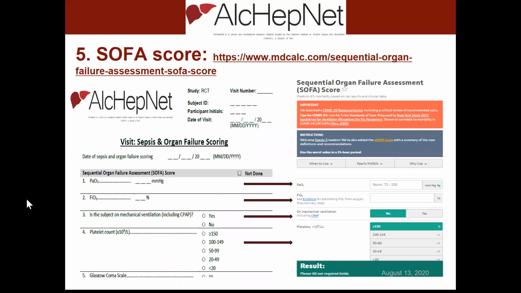There is some question about the SOFA score. All the elements that are on the PDF file on the data collection correspond one-to-one to the web calculator. So if you have a hard time with that or any questions, we can work with you. We can have a Zoom call and work with you, but it's literally one-by-one correspondence. So you just have to enter the data as you have entered on the form, enter it on the web, and the result will pop up on the web for you.